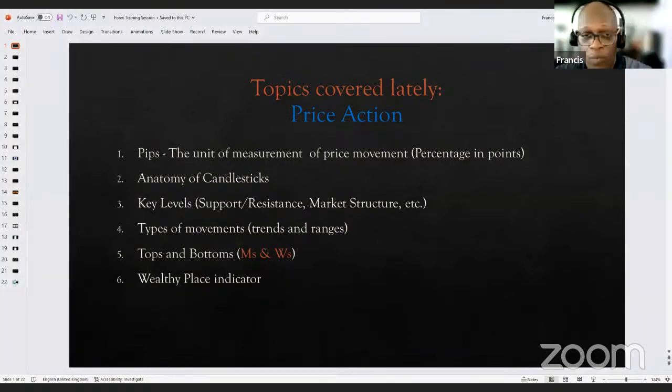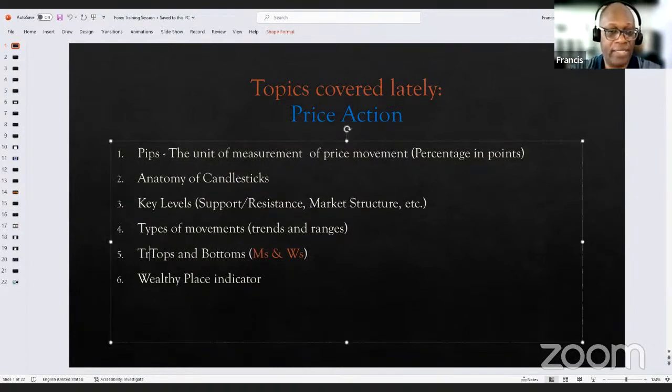Okay, so we have been looking at all these different topics here. What we are going to be doing today is not purely price action. Price action, yes, as it is traded out there. I'm going to be sharing with you today item number 5 on the list there, tops and bottoms. I suppose I should say trading